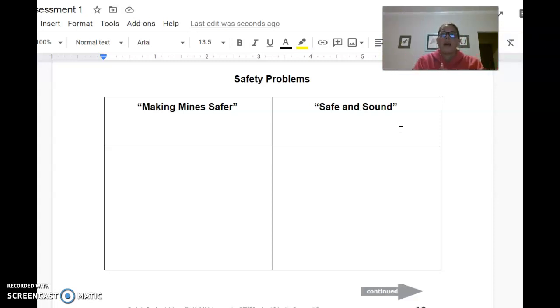We're just being asked to look at this story and this story and find details that come from both. So I've made my Foursquare into a little bit of a T-chart. I gave it the title Safety Problems, because that's what I'm looking for. And then, of course, I put Making Mine Safer on the left, Safe and Sound on the right.